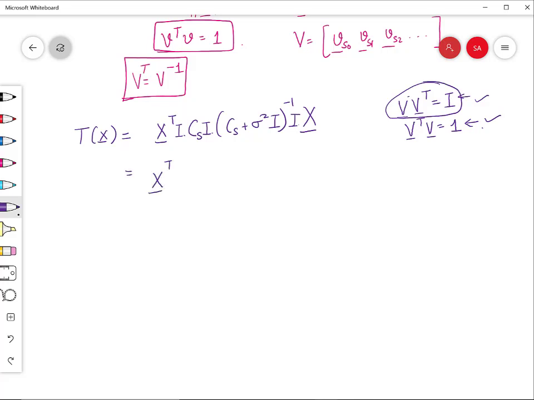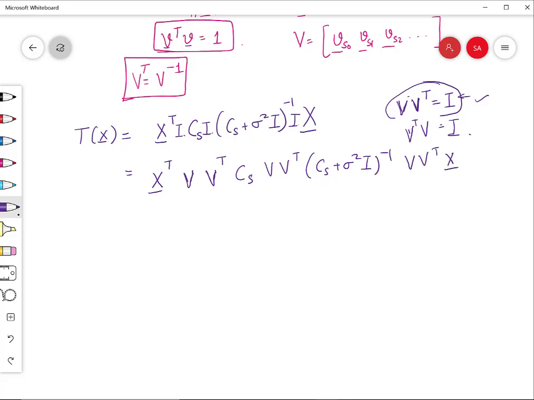So I can write here as x transpose. I can write this as V transpose. Sorry, V's are the vectors, so V are the matrices. So let me write it as V. I'll skip the bars. In fact, V transpose V is also identity. I'm sorry for that. So here it is a vector. That's why CS times V transpose CS plus sigma square I inverse,